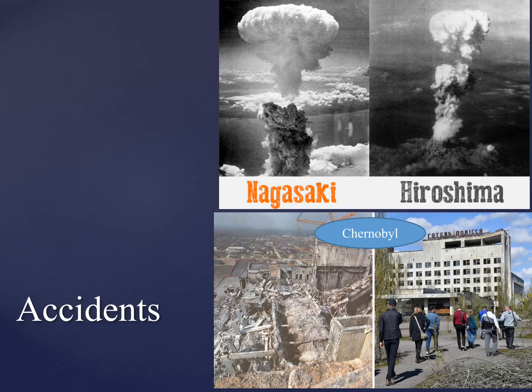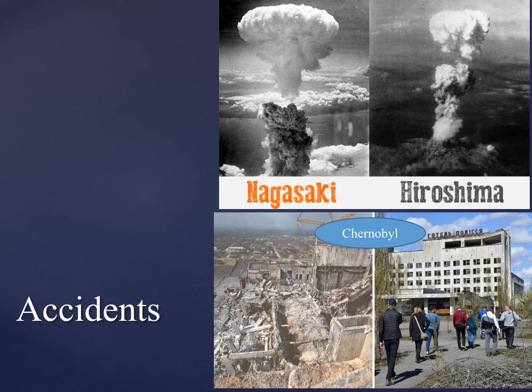it has been used by the US against Japan in 1945. As you can see in the picture in front of you, that is the picture of Hiroshima and Nagasaki. The Americans dropped atomic bombs on these two cities, and this led to the death and injury of hundreds of thousands of Japanese and the destruction of widespread ecosystems there.